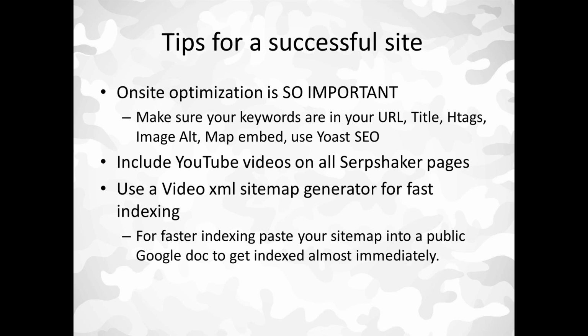I know it can be tedious, and you might agonize over, am I doing this right? What are the right steps? Keep it simple. Make sure your keywords are in your domain name. I like partial match domain names. Make it look like a real business. Put some kind of branded name plus your main keyword in there. Make sure that it's in the URL of your pages. So it's going to be your partial match domain name, then the URL of your page is going to have some similar